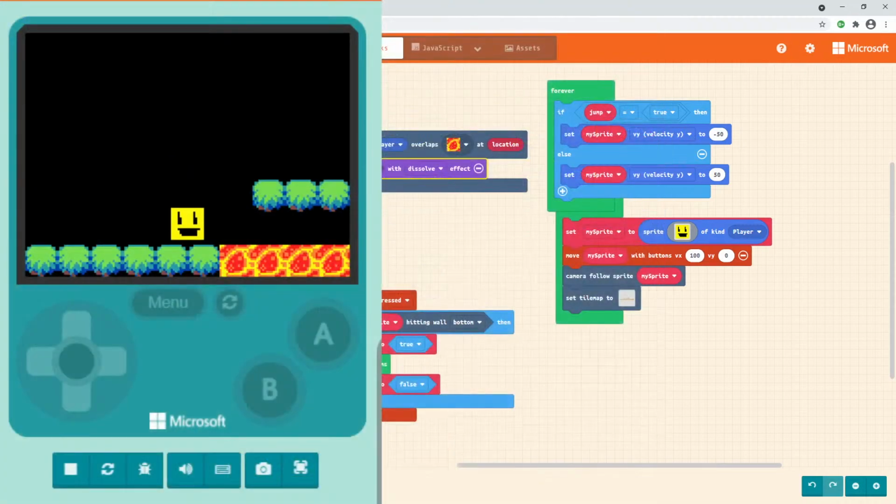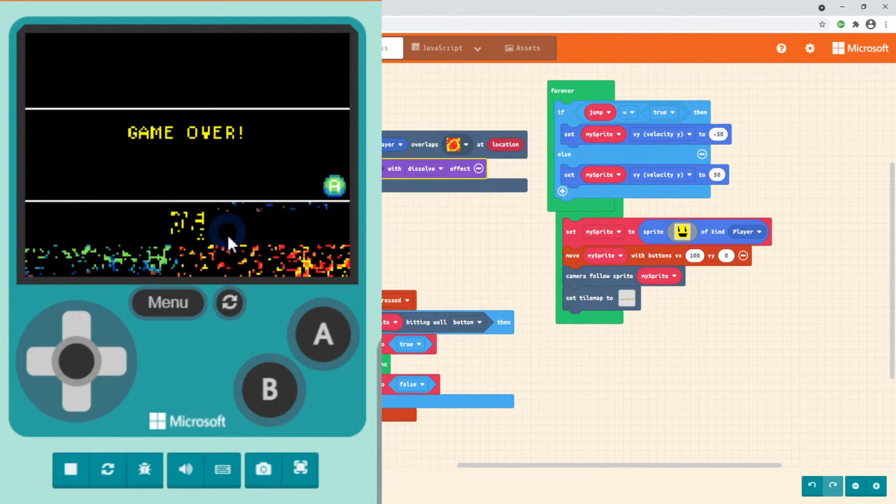So once that code is loaded, I can go into my simulator and I'll make my character go in, and you can see it's game over with that dissolve effect. So if you want to go ahead and do that step now,